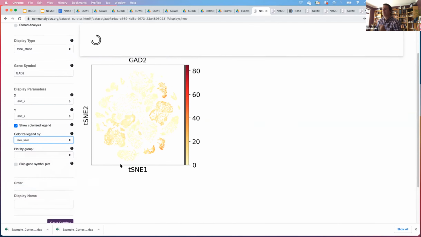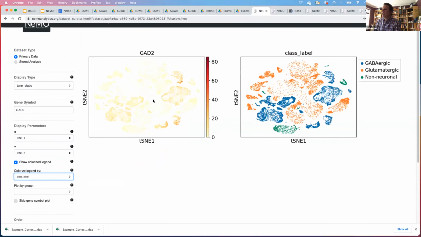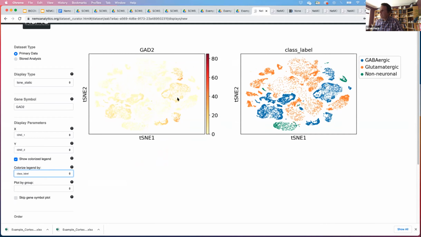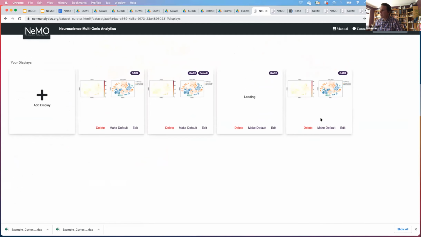That would be better. Okay, that's much better. So we see that this is actually a slightly different resolution of the data than what's presented in the profile. So again, this was just simply another metadata column. What we have in the profile is a little bit more granular. This is just simply at the level of higher level neuron classes. And so this can be simply added as another one of these plots, and that can be created as a default.